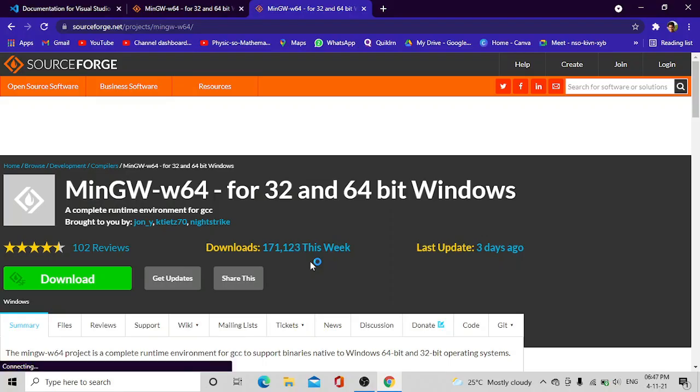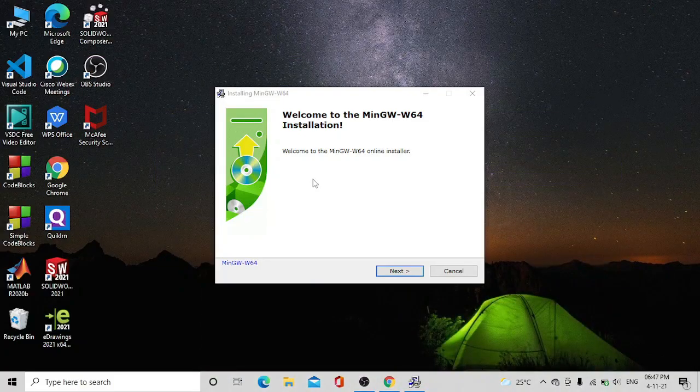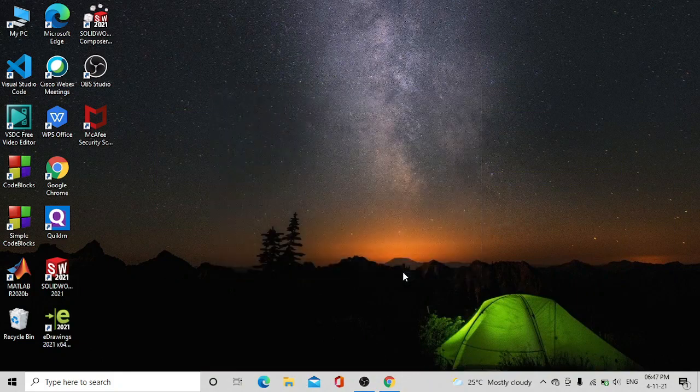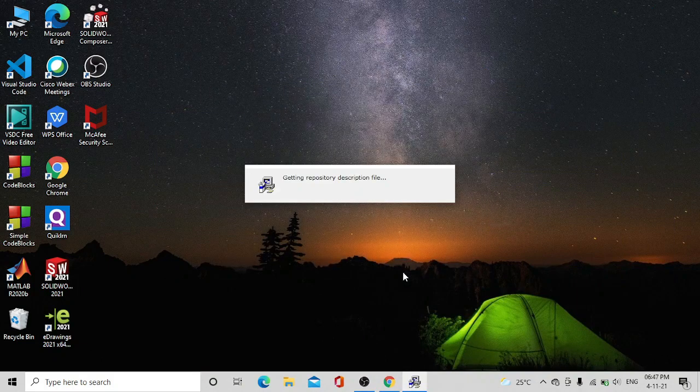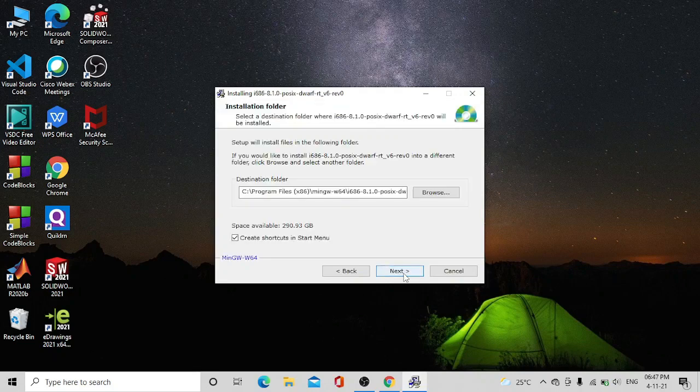And click on yes. You just minimize this Chrome and you will get this window. So click on next. You don't do anything here, you just click on next and click on next.